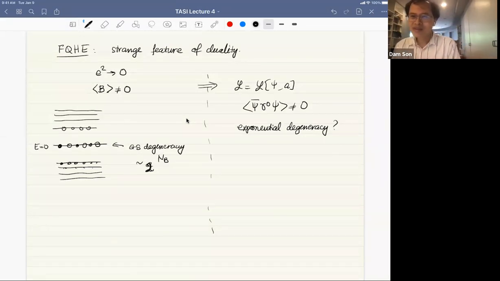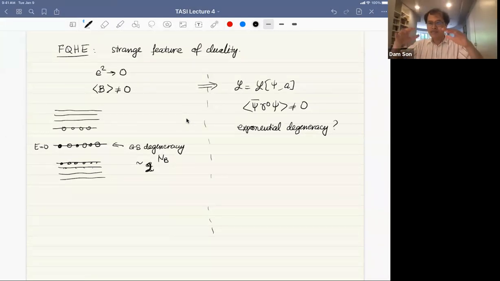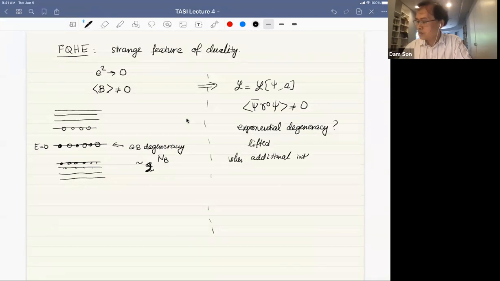And we cannot rule that out. We cannot prove it. This is a strongly coupled theory, but it is very unusual, the things that happen in quantum field theory. If we take the system to finite density, suddenly the ground state is exponentially degenerate. And the exponential degeneracy is lifted only when we put in additional interaction, for example, when we reintroduce this 4-dimensional gauge field capital A mu.